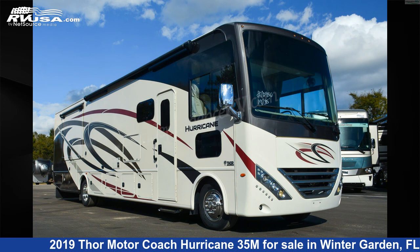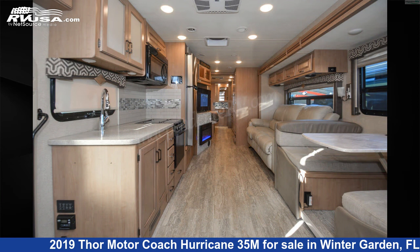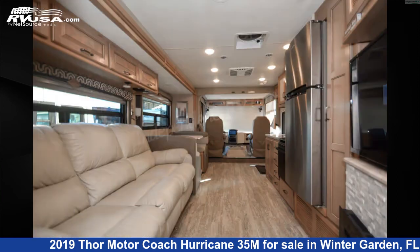This 2019 Thor Motor Coach Hurricane 35M is a Class A RV. It is located in Winter Garden, Florida, 34787 and is offered for sale by Independence RV Sales. This used Thor Motor Coach is 36 feet 9 inches in length and features 2 slideouts, a Saddleback Decor, Malibu